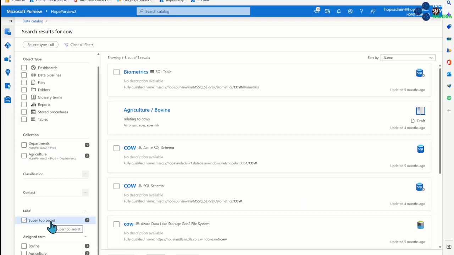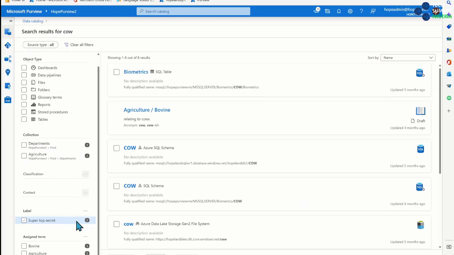This is where you can set your sensitivity labels in your environment. Microsoft has highly confidential, organizational, and public. For example, I did mine super top secret, just so you can know this is something that you set yourself. I've seen people have varying colors for their data labels.